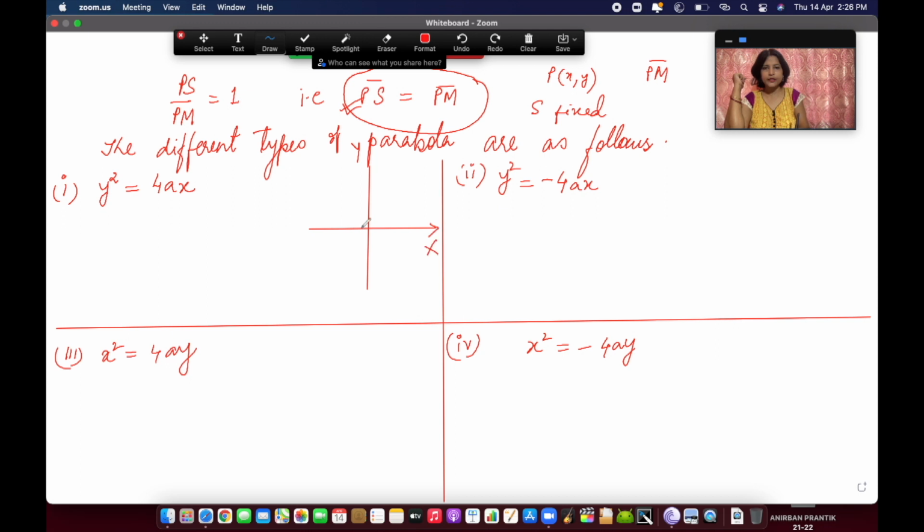So X'OX and Y'OY. P is the moving point here and S is the fixed point. And P moves in such a way that it traverses this path by following the condition PS by PM equals 1. Now we also need a fixed straight line here,